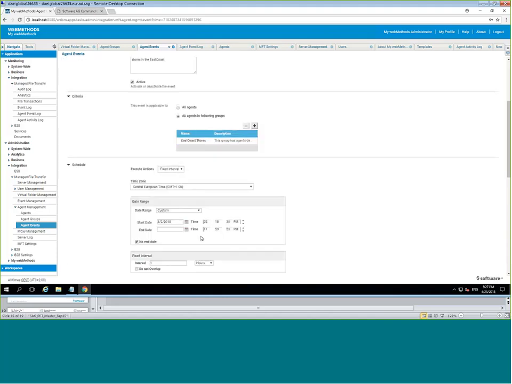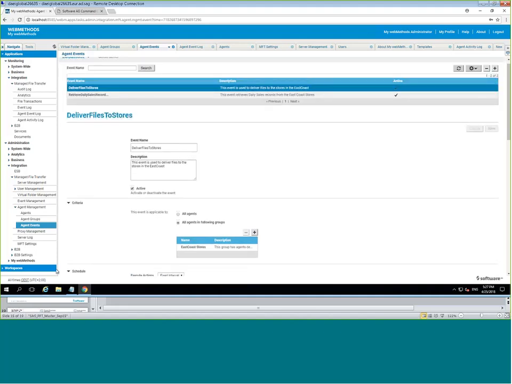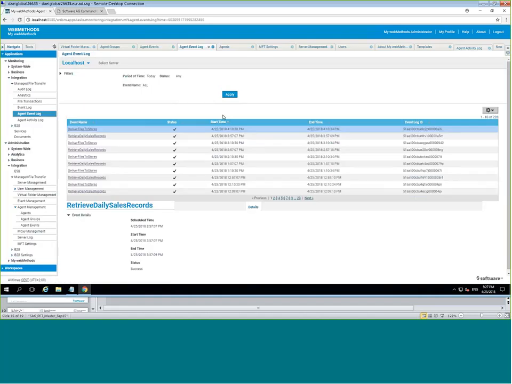Now, since this has been running every hour, I should have some events already triggered. In order to monitor exactly those events, we have added a set of screens on the monitoring side within the MWS interface. As you already know, we have a bunch of monitoring screens, and then we added the agent event log and the agent activity log to those screens. Now, if you go into the agent event log, you can see all of the events that have been running.